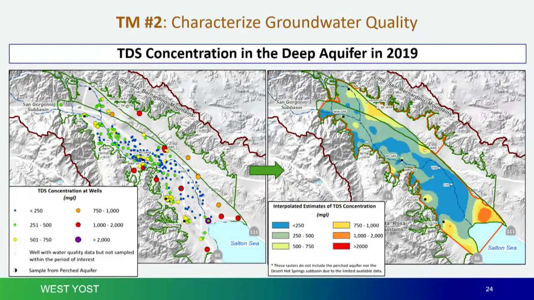So that is one of the reasons why we take the point data from the wells and then interpolate into a rasterized surface of water quality. We have a monitoring program, as I told you earlier here, that includes a subset of the wells that you're seeing up here. And that monitoring program is being improved over time, but we will use the results of the monitoring program going off into the future to create similar maps that can be compared to each other, that can be used to assess change